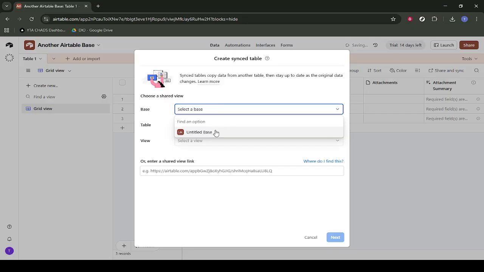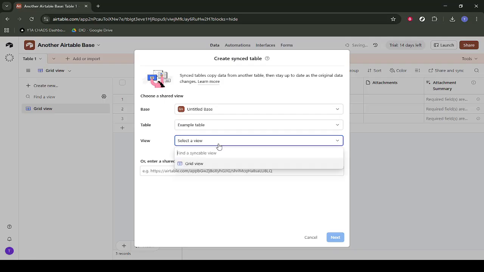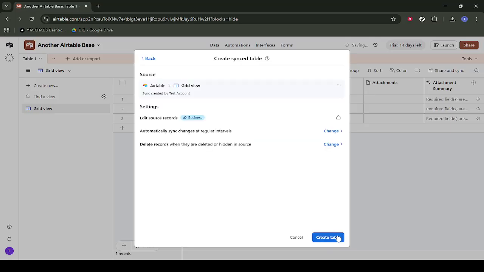Choose the base that contains the original table you want to copy. For example, you might see something like Untitled Base if you haven't renamed it yet. Click that base. Then click Select a Table and pick the specific table you want to bring over, such as an example table. After that, click Select a View and choose Grid View, or whichever view holds the data you want copied. Once those are set, click Next, then Next again to confirm the sync settings, and finally click Create